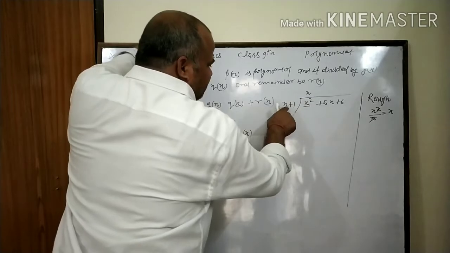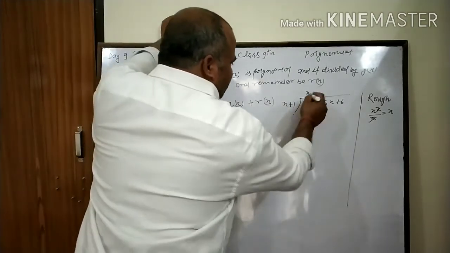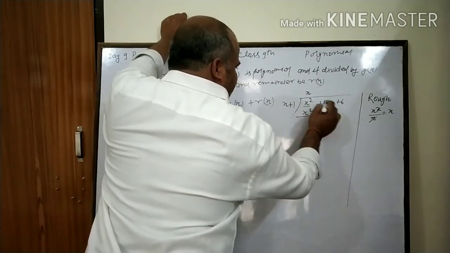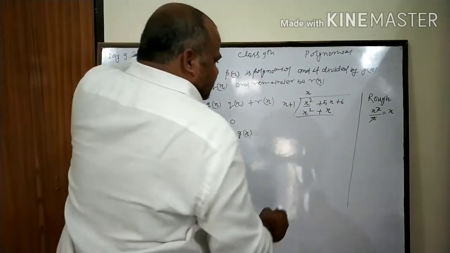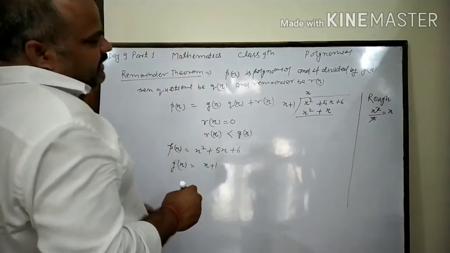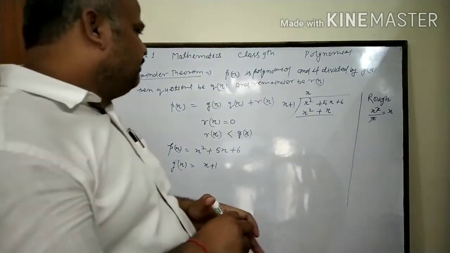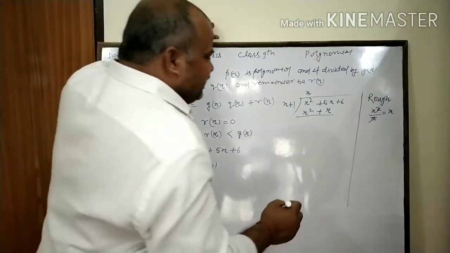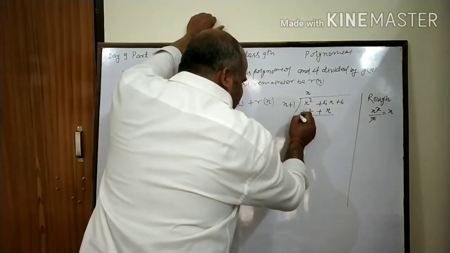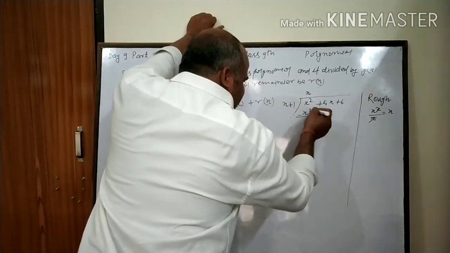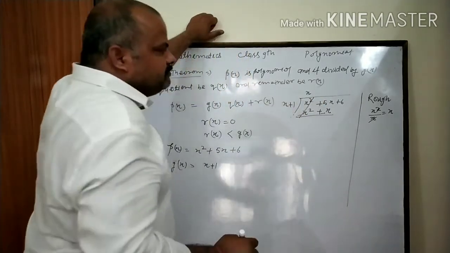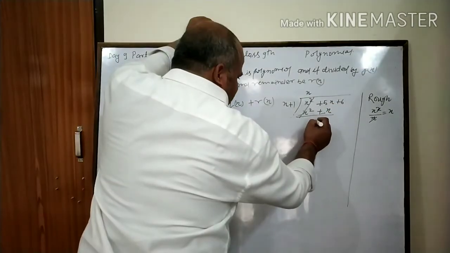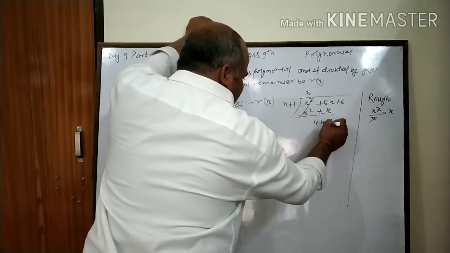Now this quotient multiplies with the whole divisor. Now it will be x square plus x. Here plus sign, then plus into plus. Now you know that in the division, we complete it and then subtract, and it is a subtraction of polynomials, that's why the signs are changed. Here plus sign, then it is minus, and it is plus, that's why it is minus. Now it is cancelled, both are the same with different sign. Now 5x minus x is 4x, and plus 6.